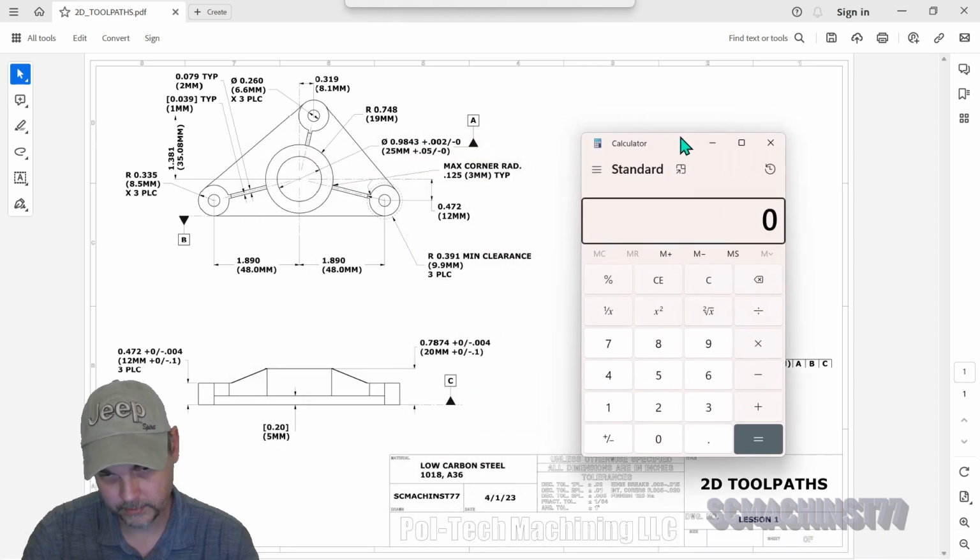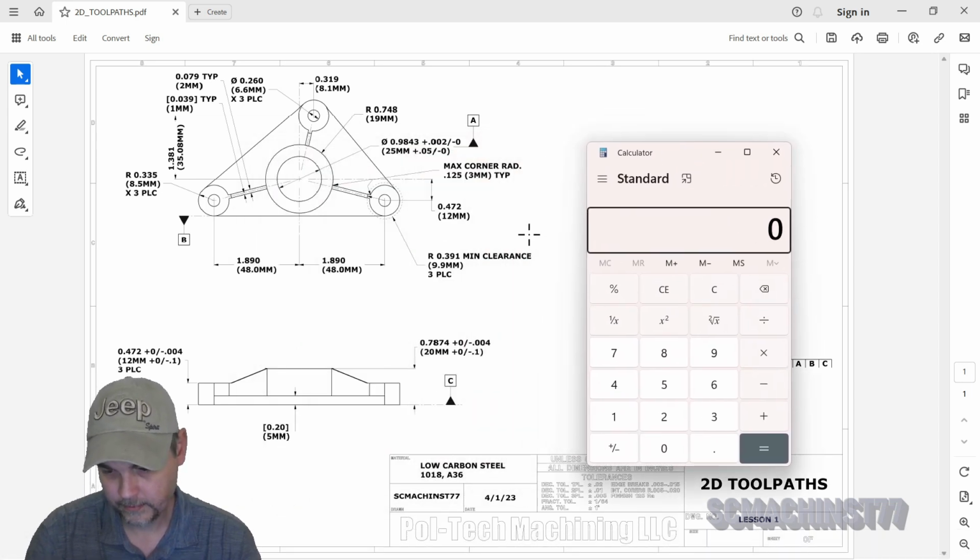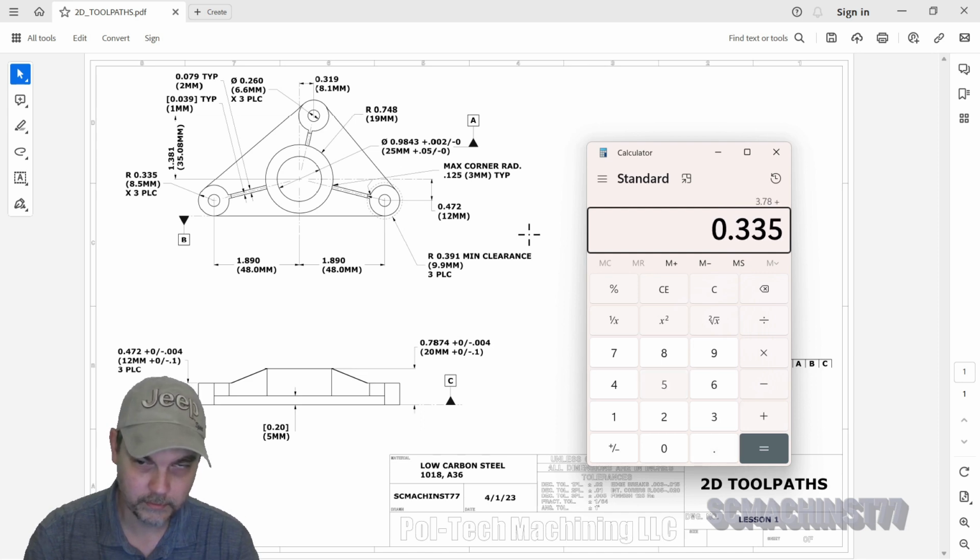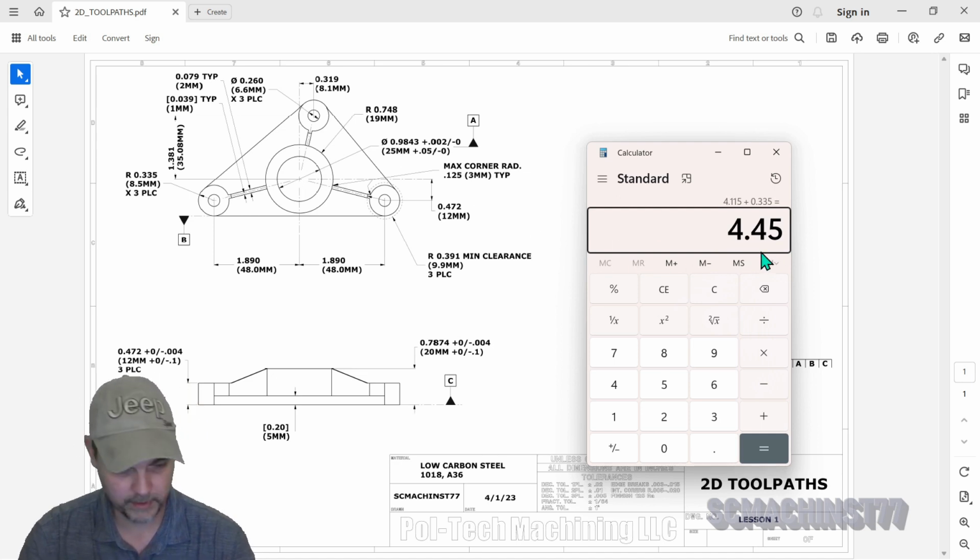Let me open this up. Got 1.890 times 2 plus 0.335 plus 0.335. So the overall length is 4.5 inches roughly. So we're going to start with 4 3/4 long,